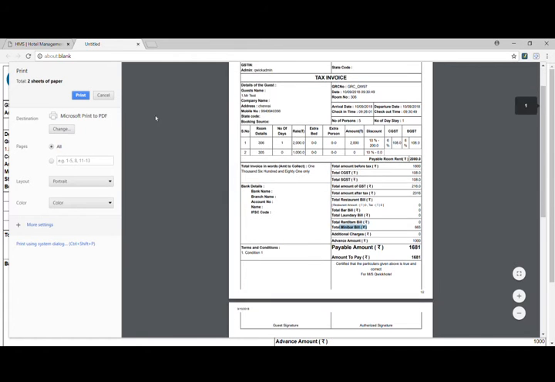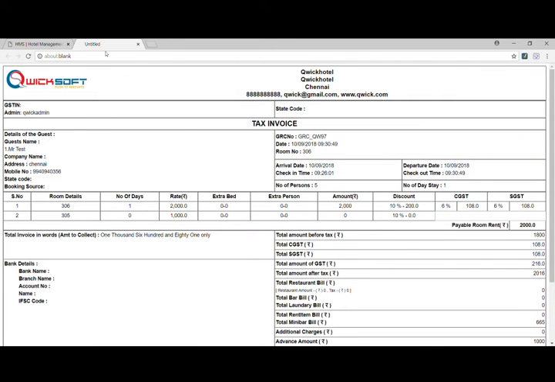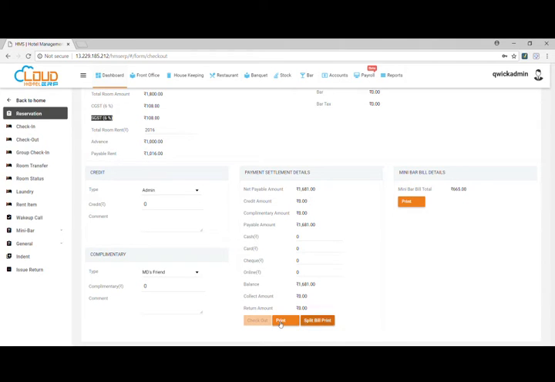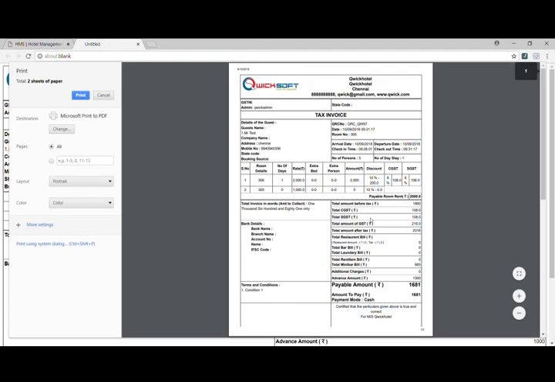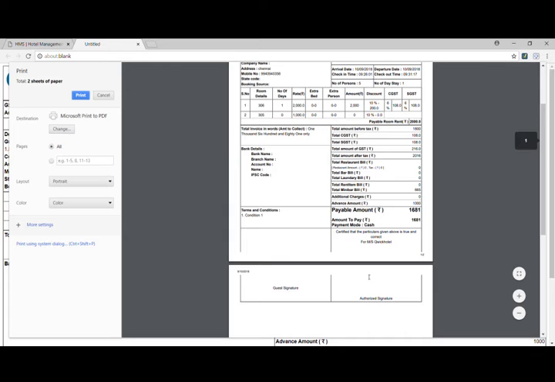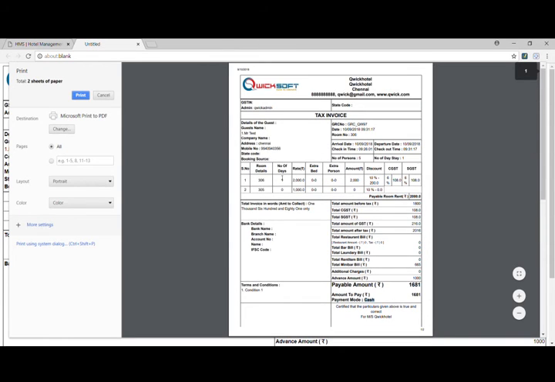So this is our checkout invoice. If you want to take a print before checkout, we can take. Once you fill all the amount, that means once you have collected the full amount, then only checkout will be enabled. When you click checkout, you can get the print bill in your pop-up. This is your checkout invoice. It will show the payment mode, and if it is room transfer, that information is also covered.